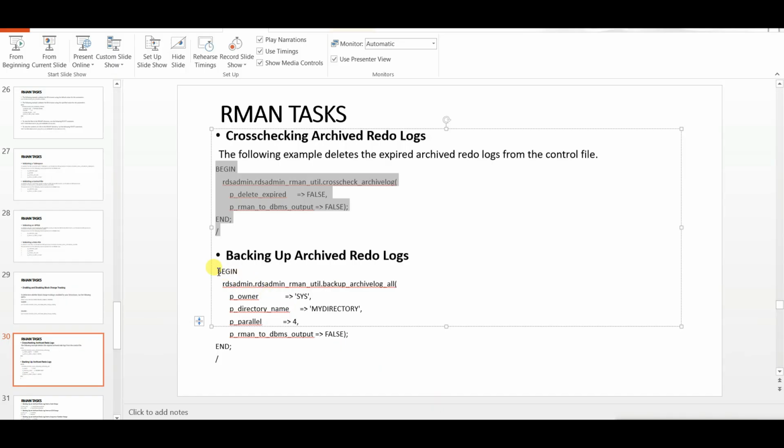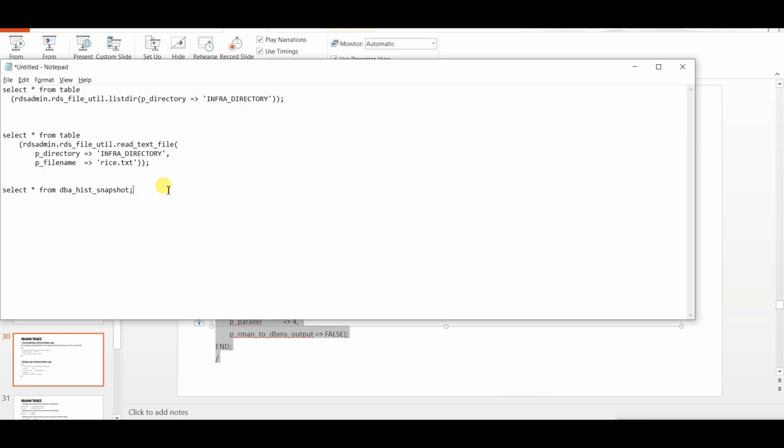Next, how do we back up our archive logs? Our directory is infra underscore directory.